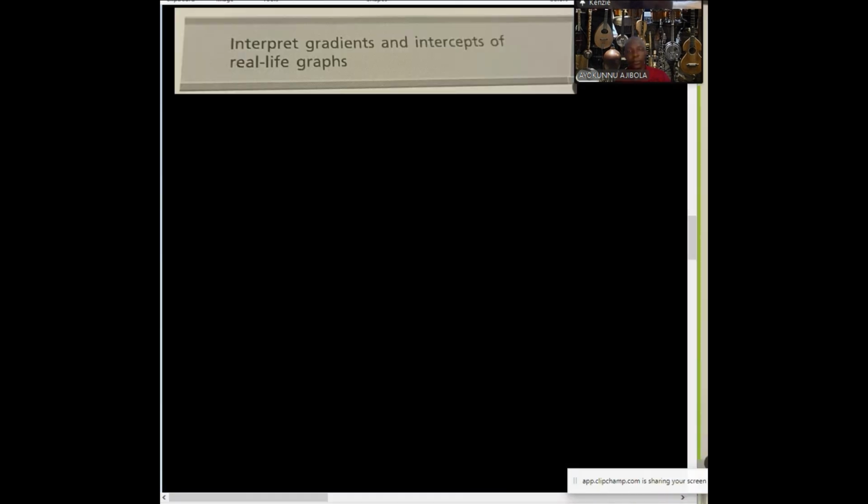Right now, we want to look at how to interpret the gradients and intercept of real life graphs. When we say real life graphs, we mean we're talking about situations that we go through every day. All real life graphs can be used to estimate or to read off values. The actual meaning of the values will depend on the labels and the unit on each axis, and sometimes the